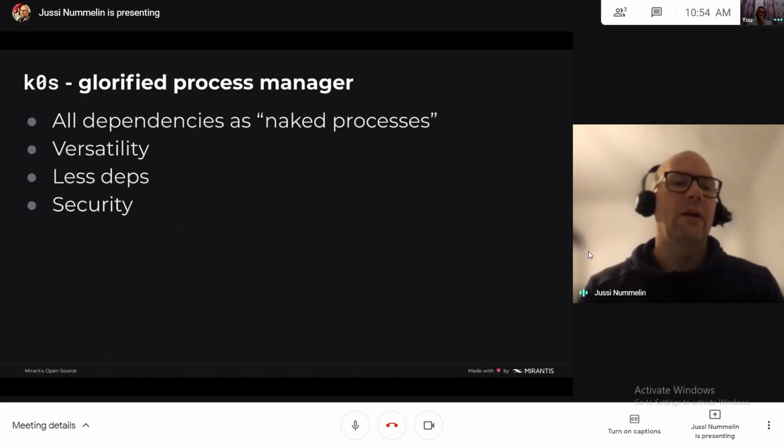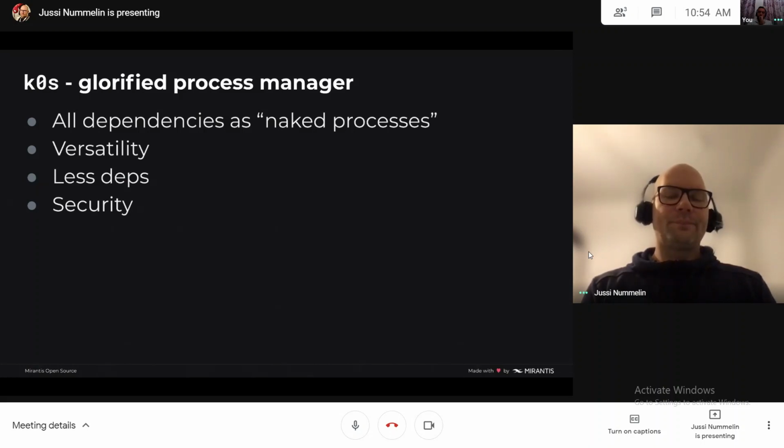What it allows us is to run the K0s components and controllers, for example, in environments where you actually can't run containers. There's less dependencies, so you don't have to have a container runtime on all of the controller nodes, for example, and so on.